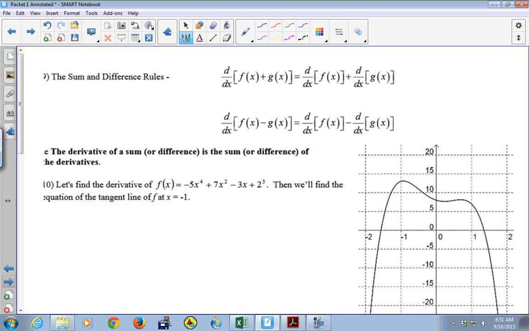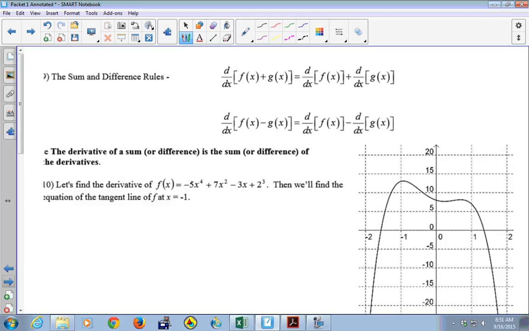All right, so the sum and difference rules are exactly what you would expect, right? If you want to take the derivative of the sum of two functions, you can take the derivative of each function separately and add them together. Same thing with the difference. So if I want to find the derivative of f of x equals negative 5x to the fourth plus 7x squared minus 3x plus 2 cubed,